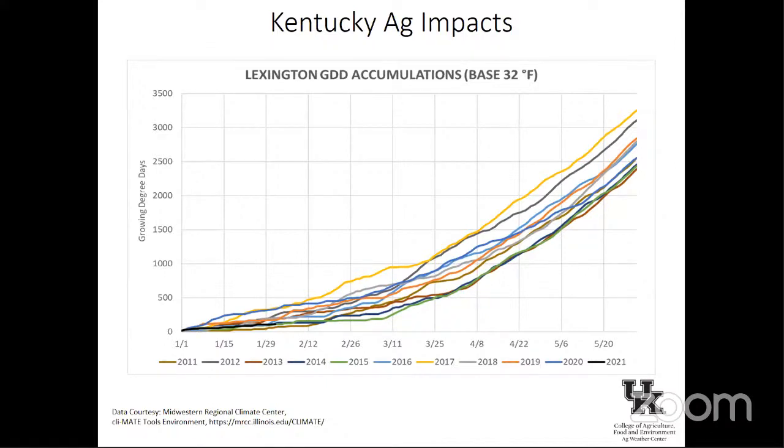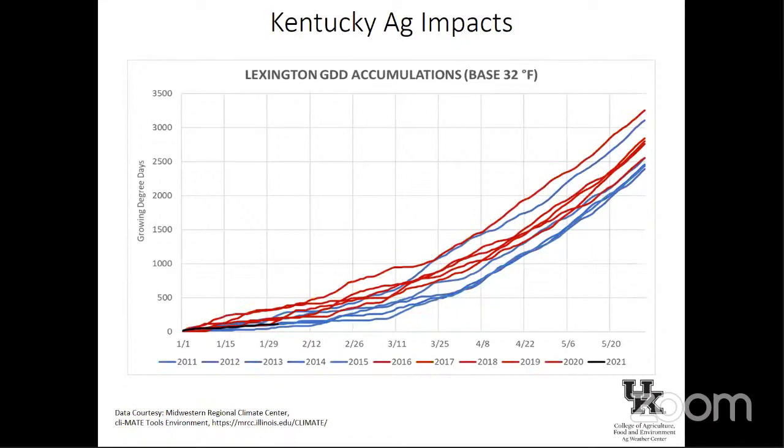In this graph, I looked at growing degree day accumulations for Lexington. As you can imagine, when the line increases, we expect growth and development. When it levels off, we are in the midst of a cooler period. So outside of the fact that 2017 and 2020 saw some pretty significant accumulations early in the winter, it may be a little hard to take much info from this graph. So that takes us to our next graph,